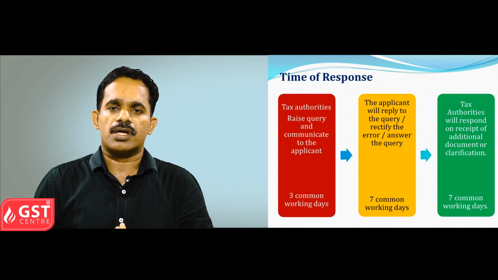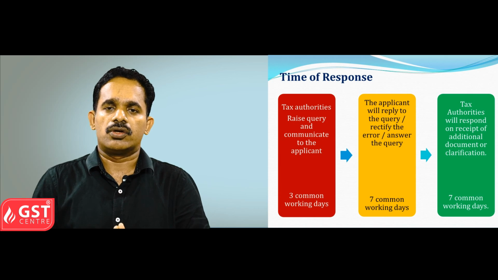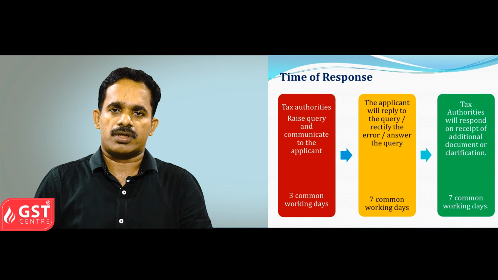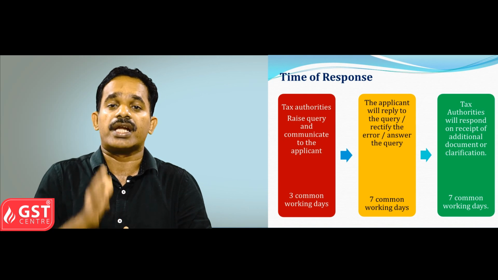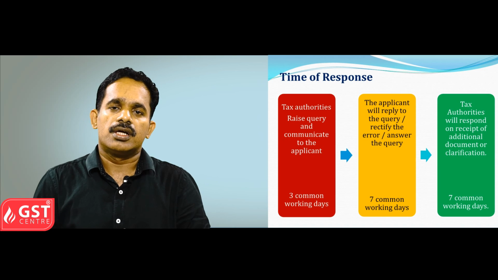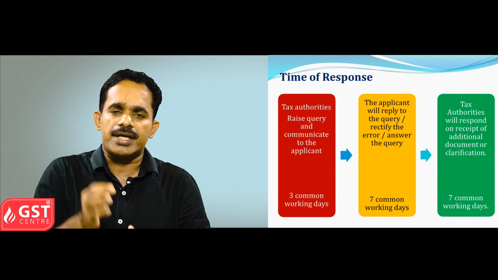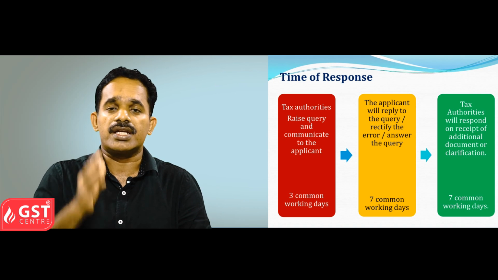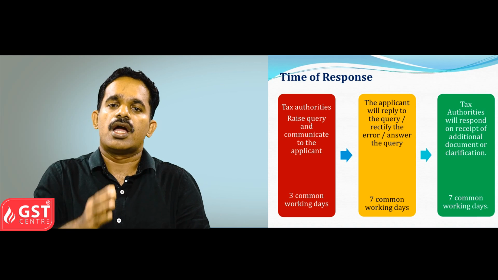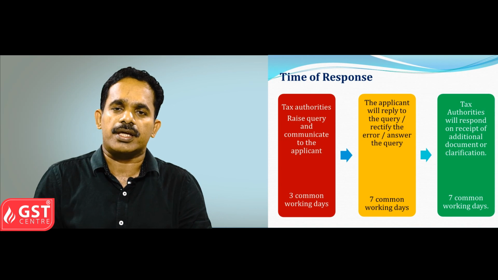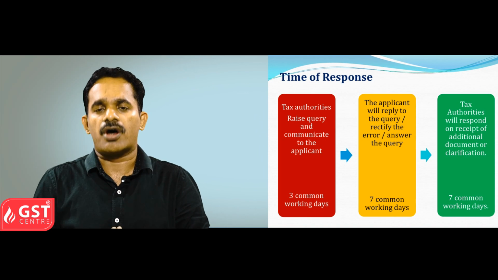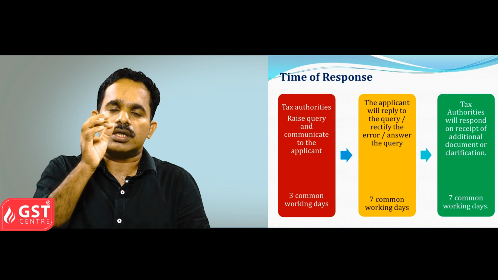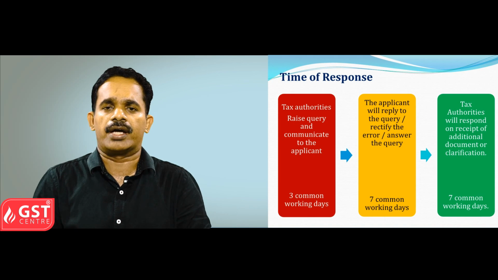So in brief, if there is any error or any document is required by the tax authority, it should be demanded within 3 working days, and the applicant should furnish that information or rectify the errors within 7 working days. And after intimation by the applicant, the tax authority should check the document or confirm the rectification of error within